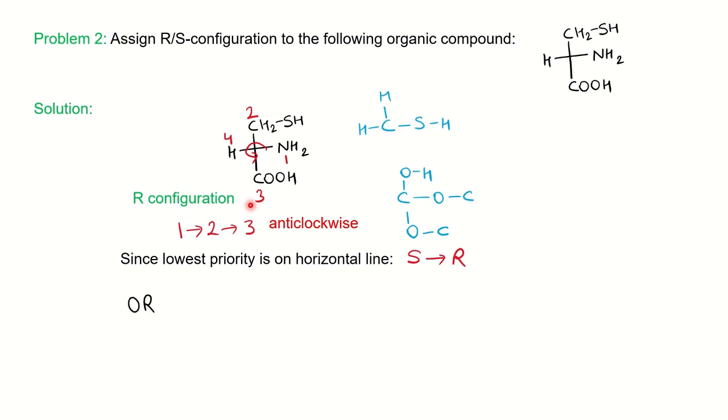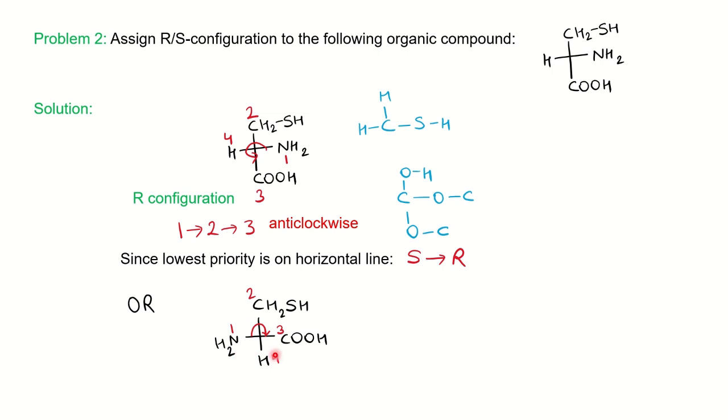As I told you, we can do the rotation also, then you don't have to interconvert. How can you do that? In the Fischer projection, you have to bring the least priority on the vertical line, either above the plane or below the plane. So here, hydrogen, you are rotating in place of COH. The COH, so clockwise rotation we are doing here, hydrogen and COH will go to the NH2 place and NH2 will come to the hydrogen place.